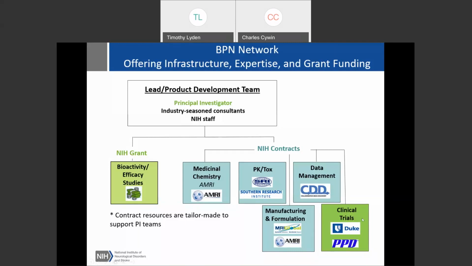And we do have clinical contracts as well. We typically run SAD studies, single ascending dose studies, to get you that first in human experience. If you're in the discovery phase, we'll also give you access to our relational database system that